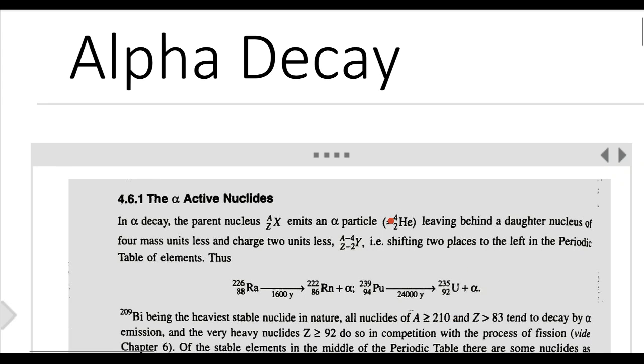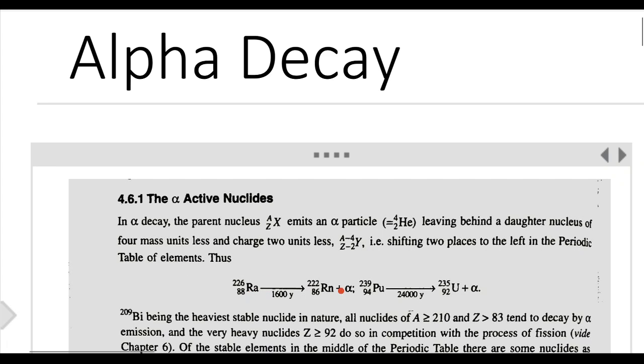The alpha decay of nuclides. In alpha decay, the parent nucleus X emits an alpha particle, which is equal to a helium atom, leaving behind a daughter nucleus Y of 4 mass units less and charge 2 units less. That is, shifting 2 places to the left in the periodic table of elements. Thus,